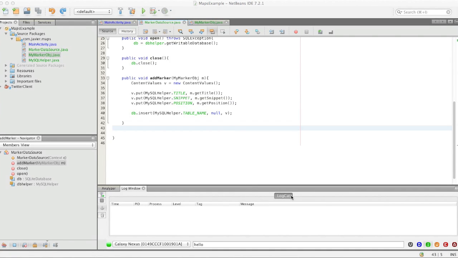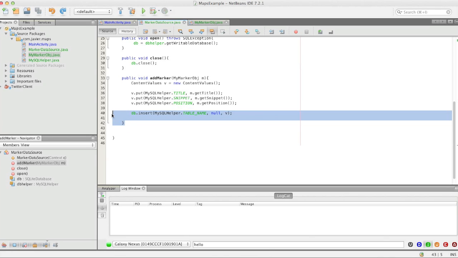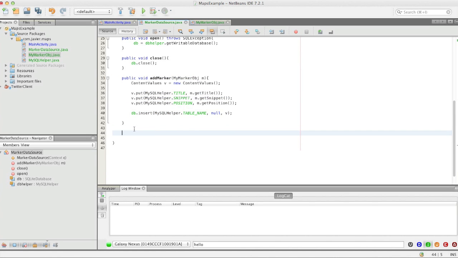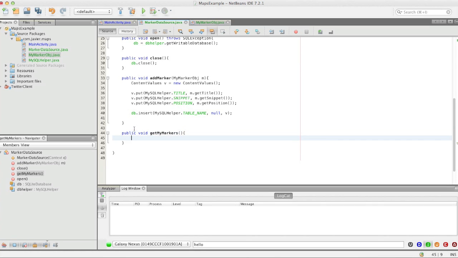So we just finished testing out the add marker method, this one right here. Now we want to try and get that marker out of the database. So let's go ahead and create a method for that, and we'll call that get my markers. And we don't need to pass anything in there as an argument